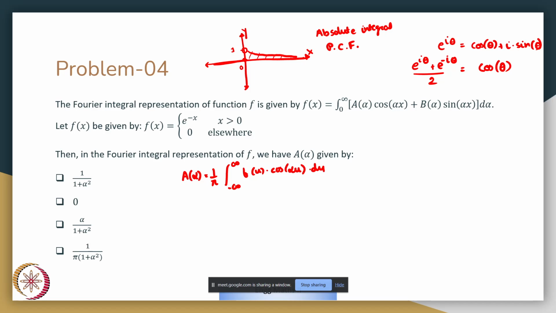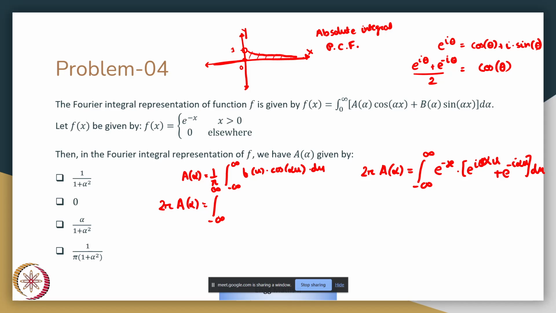So I'll move this pi and another 2 that we get from substituting this formula to the left hand side, which should give us 2 pi a of alpha is the integration from minus infinity to infinity of e raised to minus u times e raised to i alpha u plus e raised to minus i alpha u du, which gives us 2 pi a of alpha is the integral from minus infinity to infinity